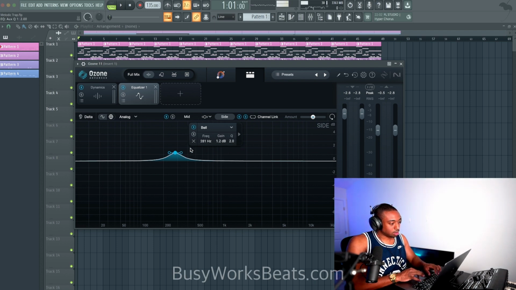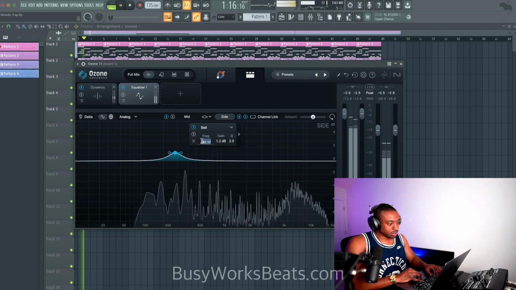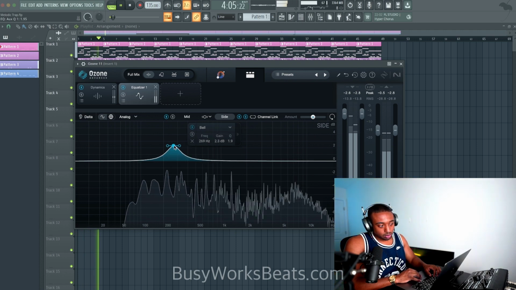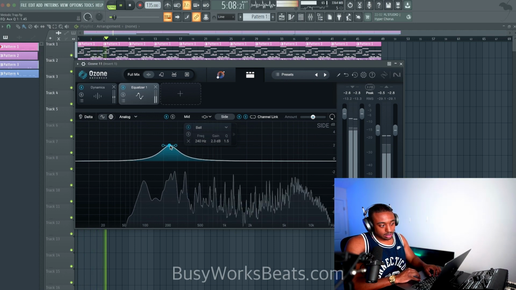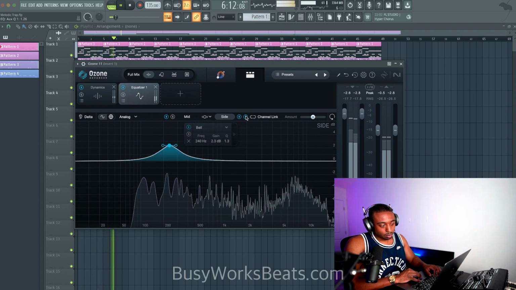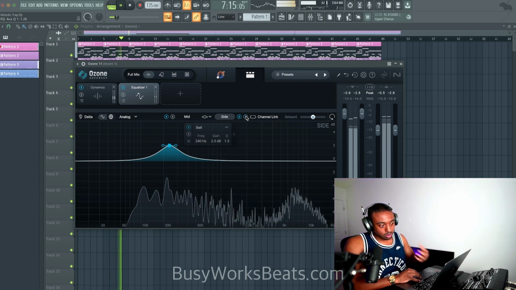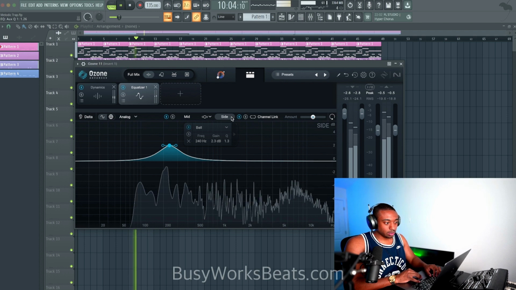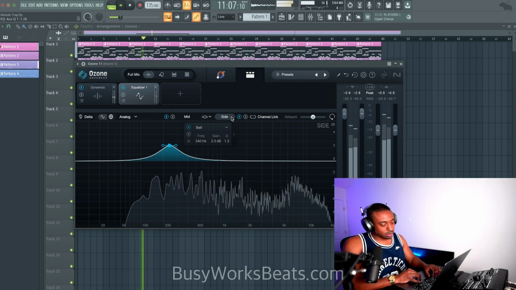Let's make this a little more narrow. So now I'm boosting around 300, but on the sides. And this is going to add this warmth, people call it. It's just like an ambiguous frequency, but it's on the side, so it hugs the listener as opposed to getting in the way of stuff. You got to be careful with that because it can mess with the dynamics of your track if you boost too much.